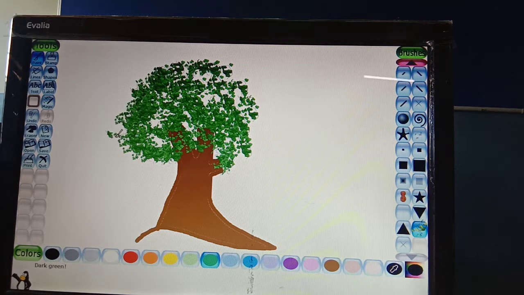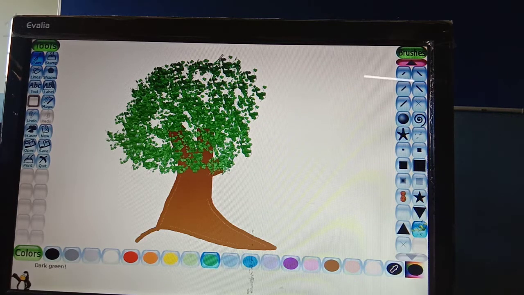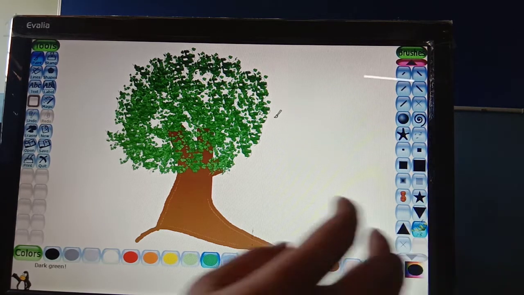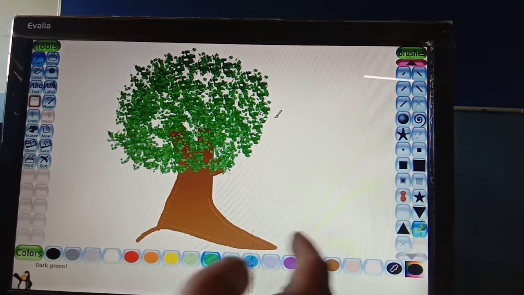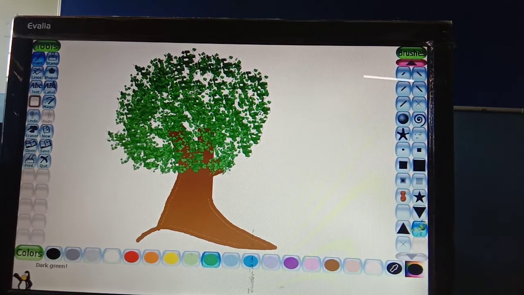It looks like the original tree, because it's showing all the leaves also. It is your paint brush. It is available in different shapes, and one of the shapes is leaves. Or stems, this is a stem actually. Different stems, branches, you can have like this. So this is your tree drawn here.